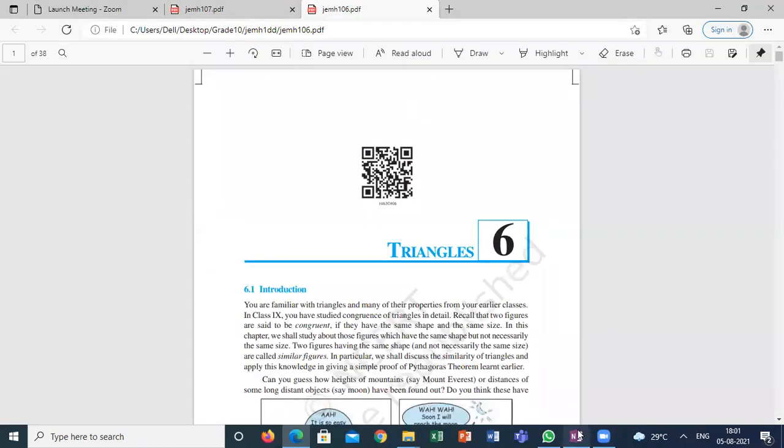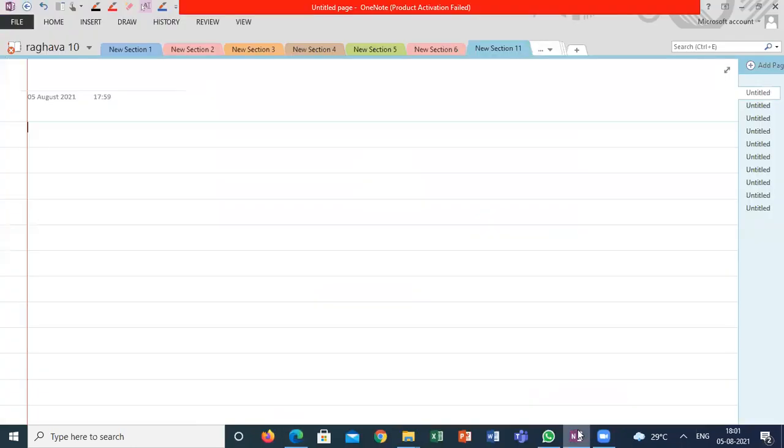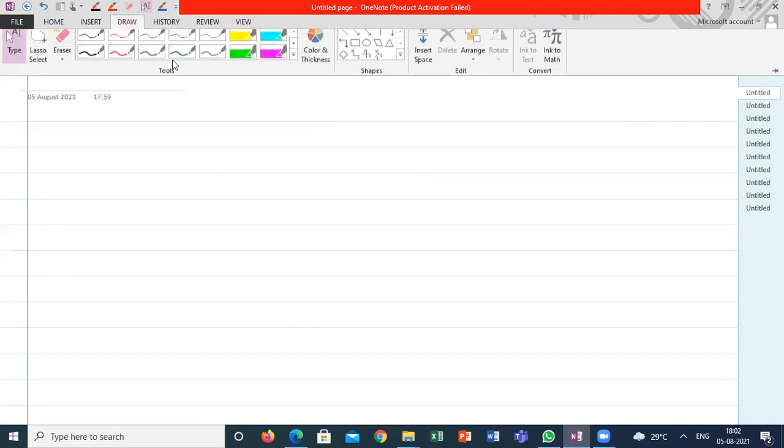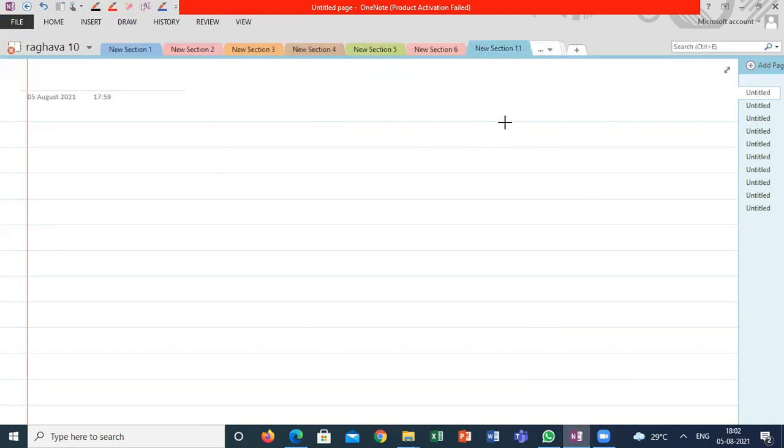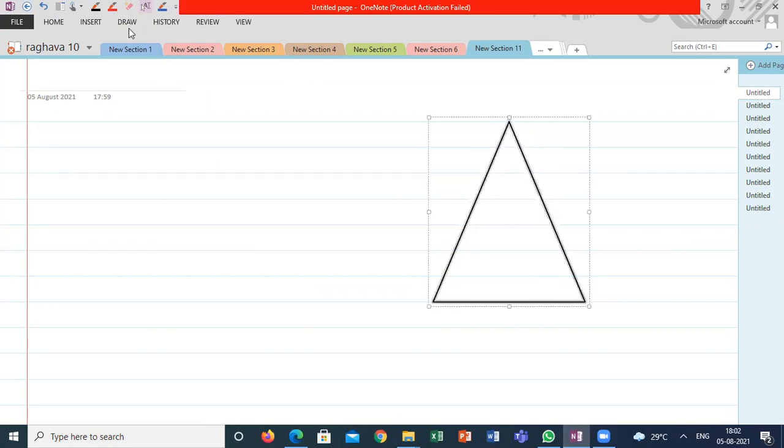There is a triangle. If we consider any one side as a reference base, and I draw a line which intersects the remaining two sides of the triangle and is parallel to the base, suppose PQ is a line parallel to BC, then PQ will divide AB and AC in the same ratio. This is the basic proportionality theorem statement.